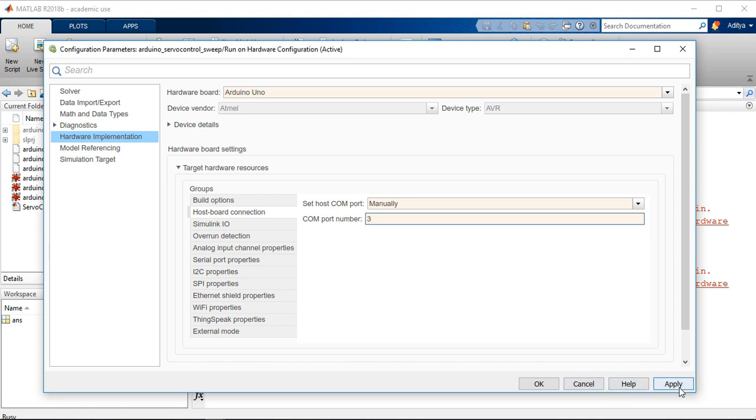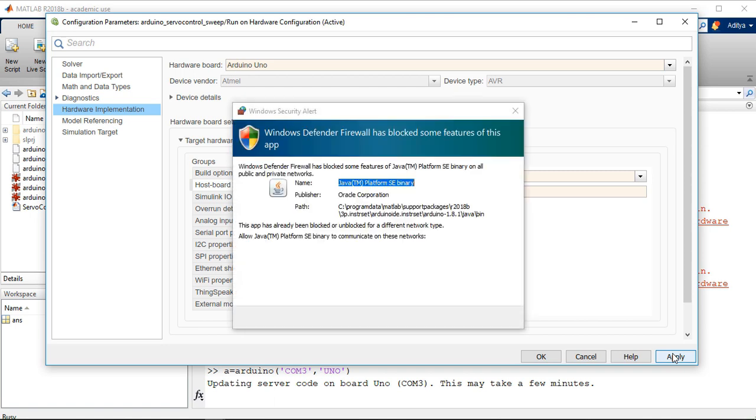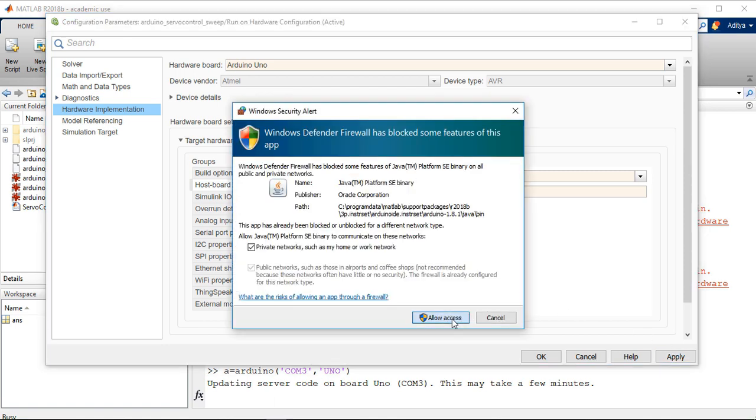So let this happen, but we'll be going to the Simulink part, wherein in the configuration part we'll be setting the COM port to 3, and I'll click on apply. Okay, since MATLAB is already working with the Arduino, it's updating the server code in the command window. So I'll just wait for a few more seconds so that both my tasks get completed at the same time.